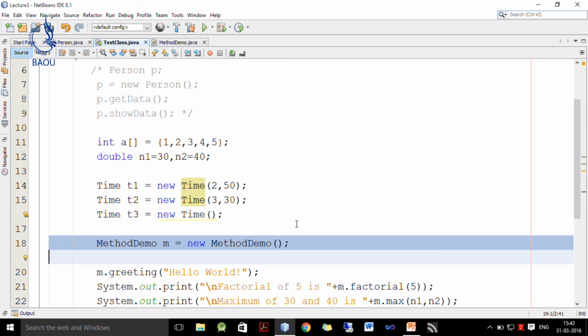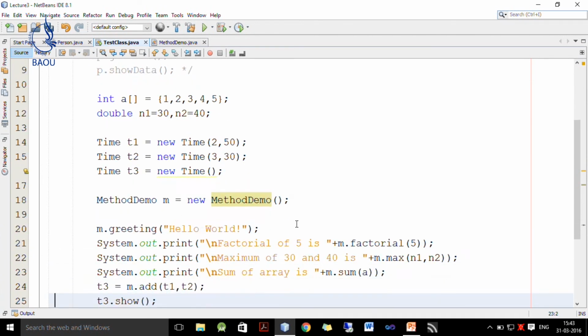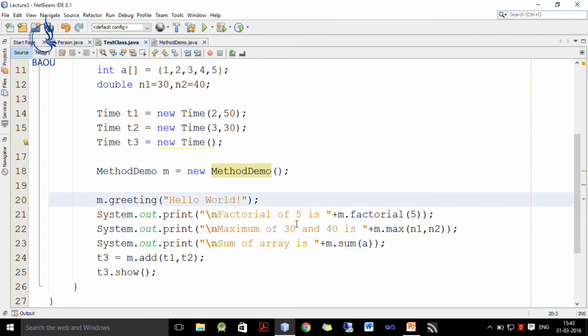Here first we have to create an instance of the method demo class, then we can call methods of this class. So, I create one object m of type method demo and create its instance by calling new method demo. Next I write m dot greeting, with argument hello world.